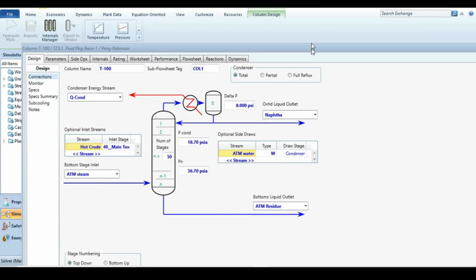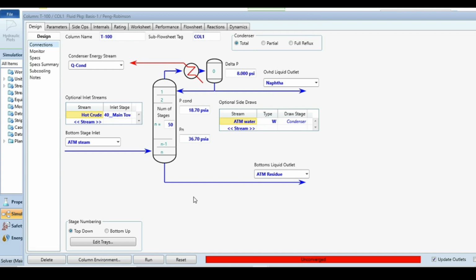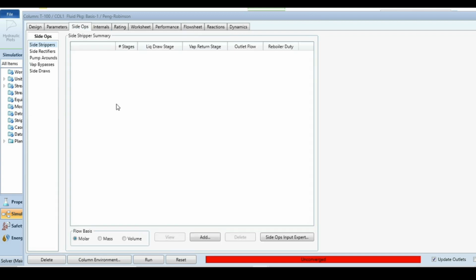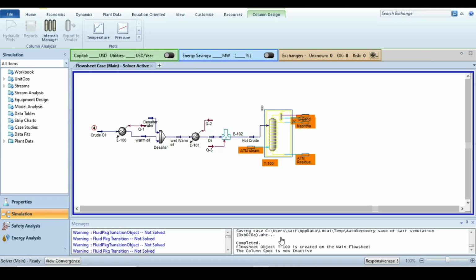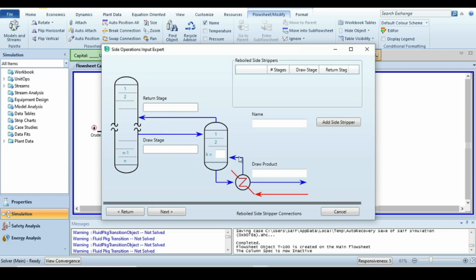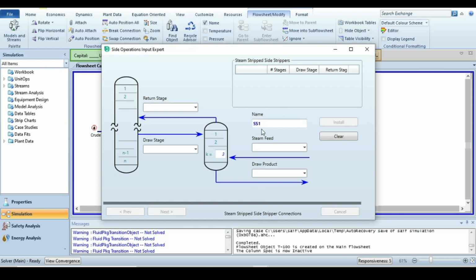Then this new window will pop up. From here, go to the side options and click on side operation input expert. This new window will appear. It says reboiler side stripper, but we do not have reboiler type side strippers. We have the steam stripper side stripper connection. Okay, so just add. The first one is the kerosene stripper,